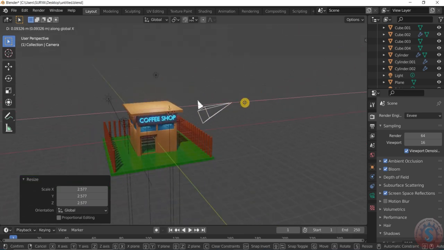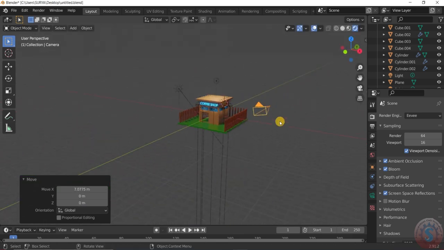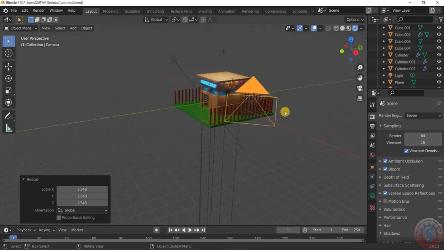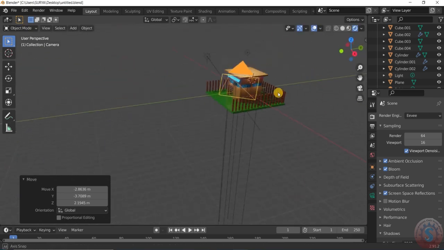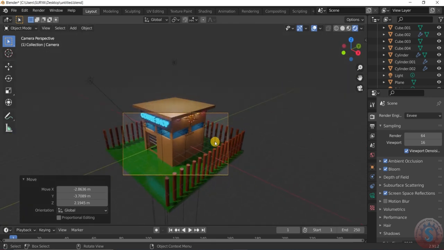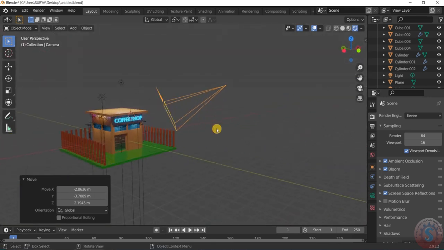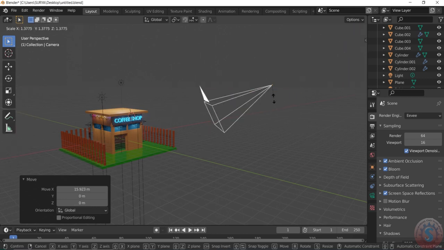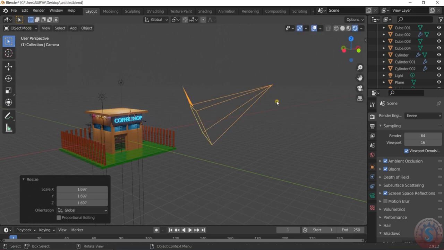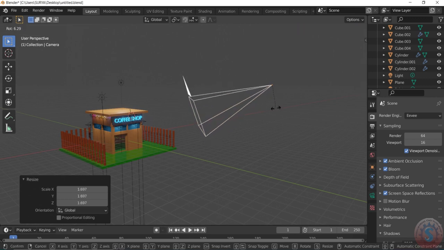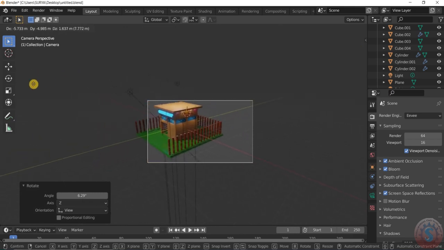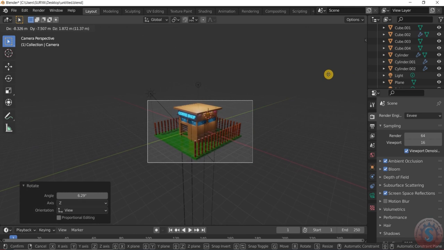On pressing G and the axis you want, on the X axis move this, and again S, increase the scale, and give the exact position like this, and give the 0 option. And I want to give some distance by pressing the X key and scale this somewhat more. You can also rotate this. Pressing 0, you can observe, and go into the G option. You can see the exact